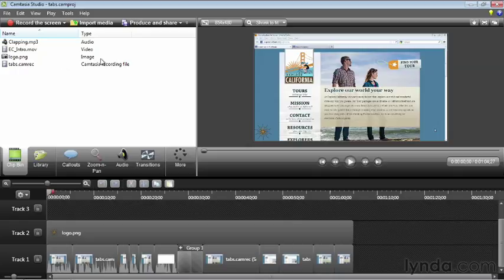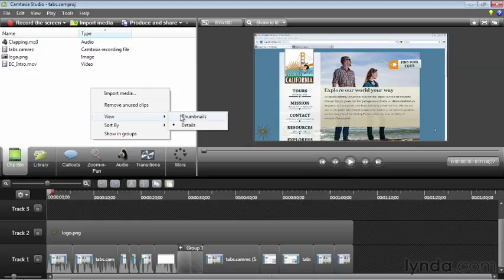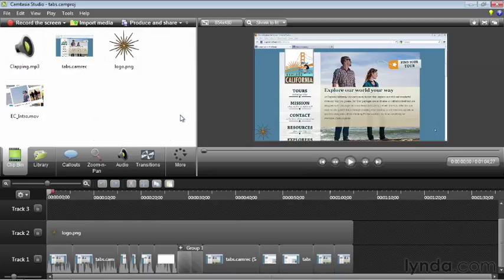Once you're in the detail view, you can of course do all the things that you can normally do in Windows, like click on the top of a column in order to sort all of the information by that type of data. If you prefer working in this mode, go ahead and leave it like that. I'm going to go ahead and change mine back to the icon view. I'll go ahead and right-click in the clip bin and then come back to View and select Thumbnails again. I prefer to work in this view because it gives me a preview of my files.